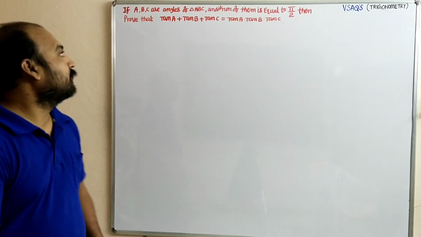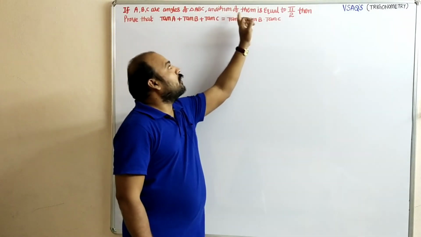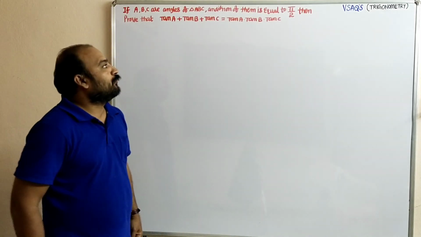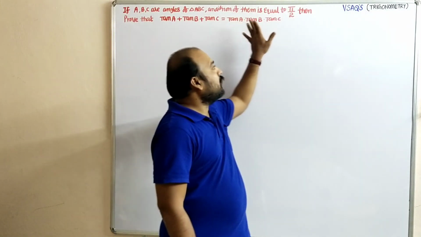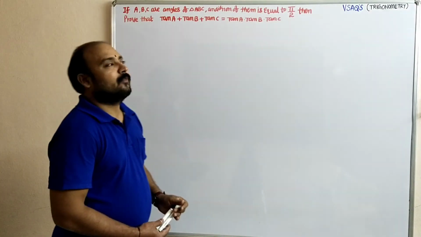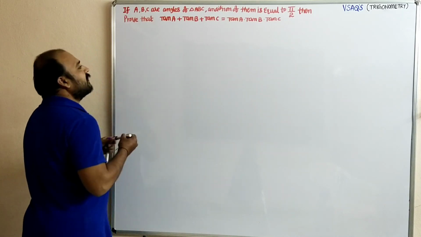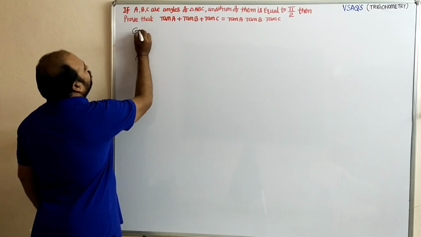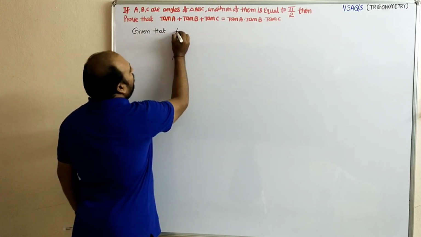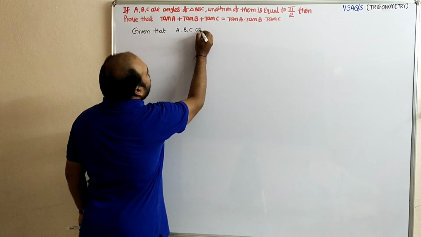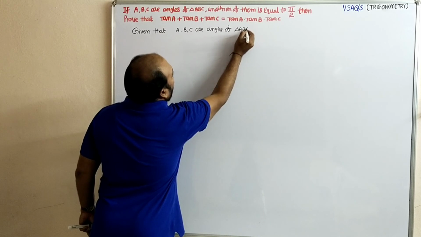The next question. If A, B, C are angles of triangle ABC and if none of them is equal to pi by 2, then prove that tan A plus tan B plus tan C equal to tan A into tan B into tan C. Here A, B, C are angles of triangle ABC. So here given that A, B, C are angles of triangle ABC, then we have